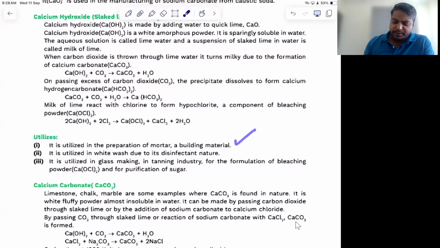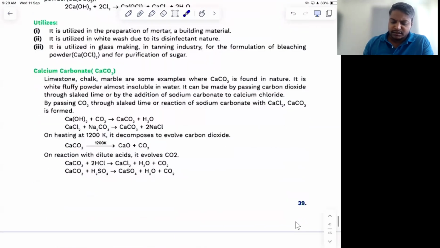Used in building material, whitewash due to disinfectant, used in making glass, tanning industry, purification of sugar. Everything is the same lines again given in NCERT as well. Okay. Next, if you notice calcium carbonate here,